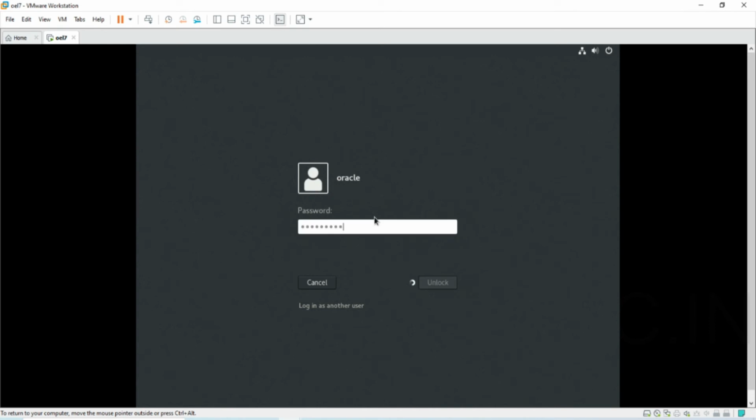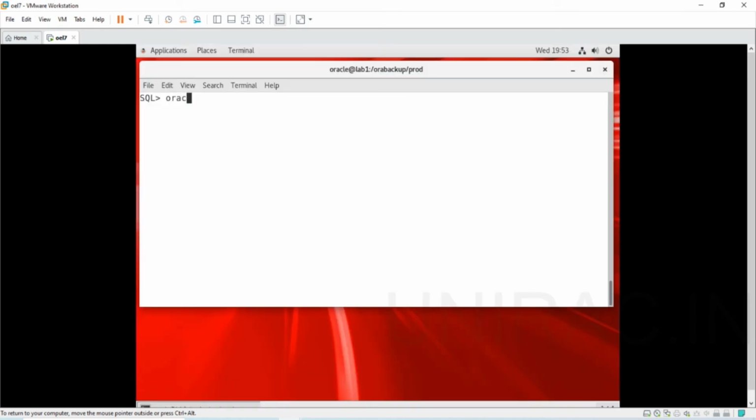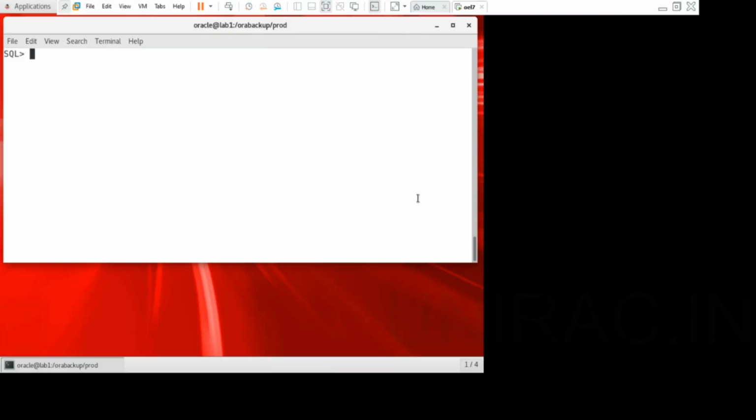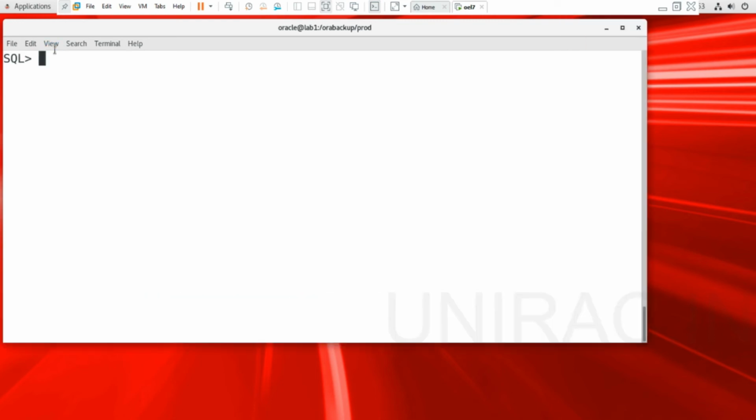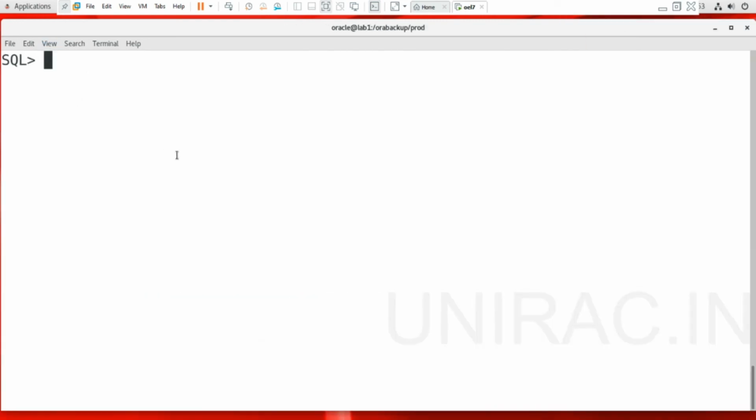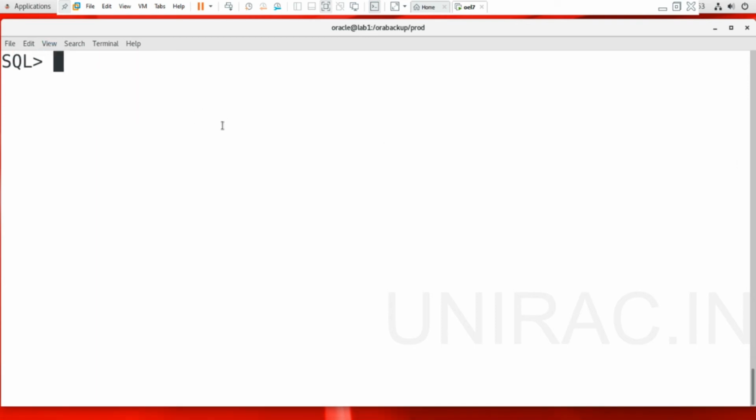So let's log into the database. Using V$TRANSPORTABLE_PLATFORM and V$DATABASE for verifying, we'll set the column format for the platform name, alphabetical characters up to 16 characters.